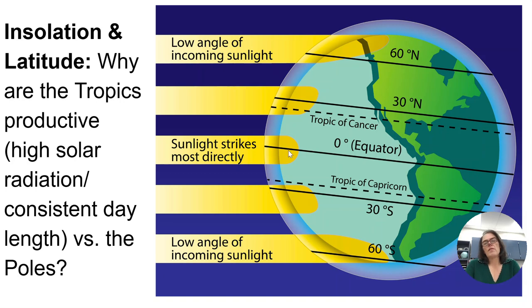All right. So one thing I do want to point out, because it's a common misconception, is some people look at this picture and think, well, maybe it's colder at the poles because they're that much farther away from the sun. Like that's a pretty big distance, right? Well, the answer is no. That is an insignificant distance between the sunlight hitting here versus the sunlight hitting at the poles up here. It really is the angle of the sun, this high angle versus this low angle and how much energy penetrates the atmosphere there. So it is not the distance that it's further away from the sun. It is really the angle of the sun.